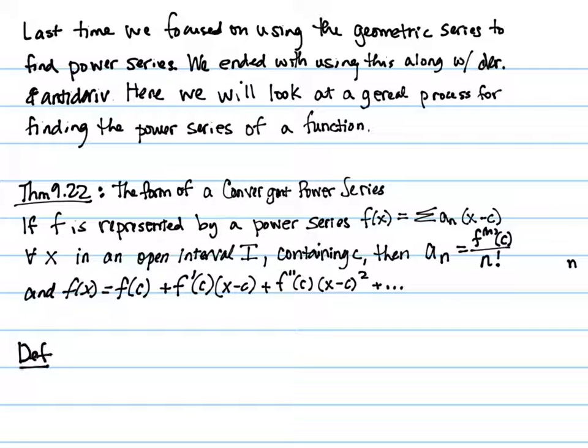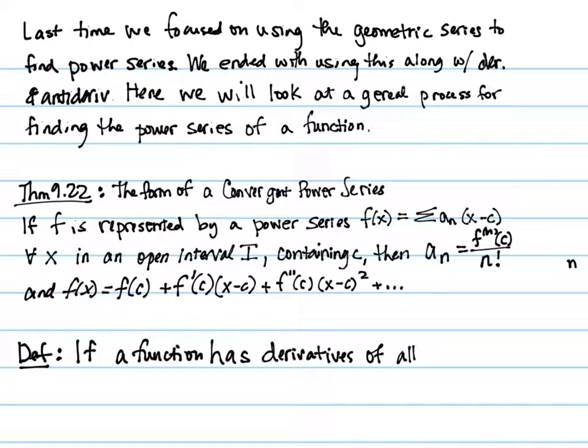Okay, so our definition, based on what we just said, is if a function has derivatives of all order, and that means that you can take as many derivatives as you want, right? It never stops. Polynomials don't fit this description because eventually you take the derivatives and they zero out, and they're zero forevermore after that. So that's not what we're talking about. We're talking about things like trig and exponentials, the transcendental kind of functions that we were looking at before. So derivatives of all order at x equals c,